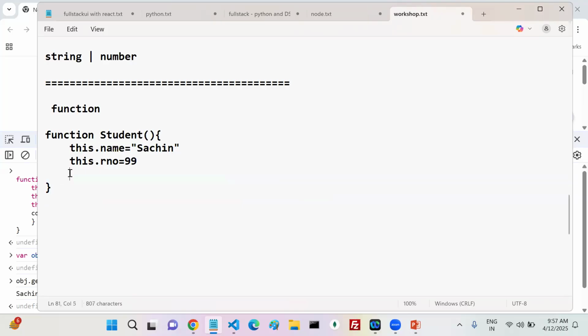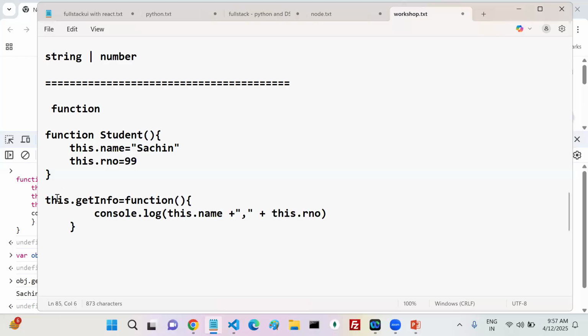So my question is, can we inherit the method from outside into my class? I want to inherit this method from outside into my class. Yes, there is a concept: inheritance. We can get members from outside into my class.